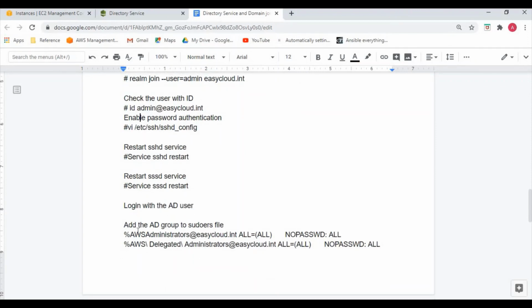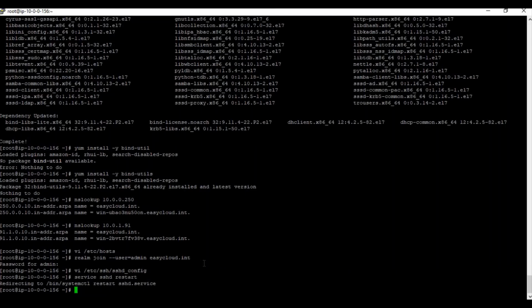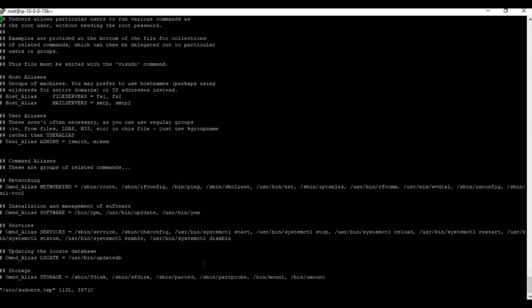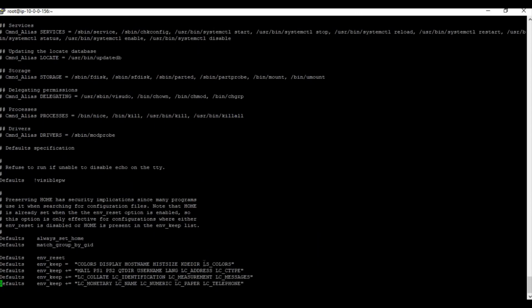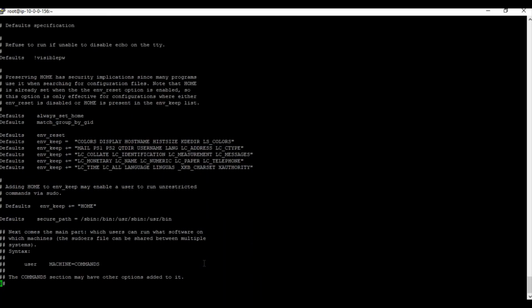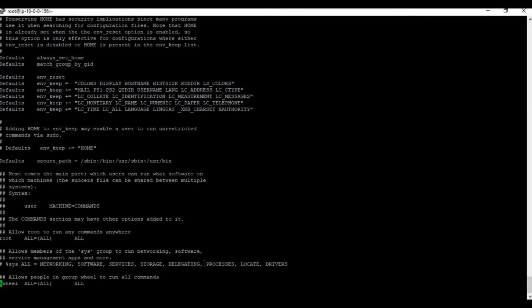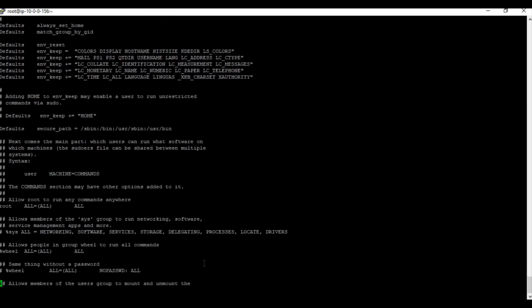So we need to add our group or the user into the sudoers file. Only then will the user have sudo root access. So we need to go here, visudo, so we can add it here.